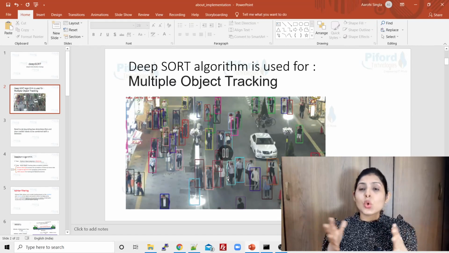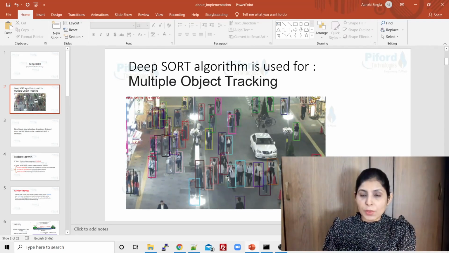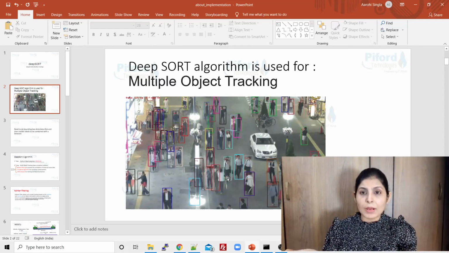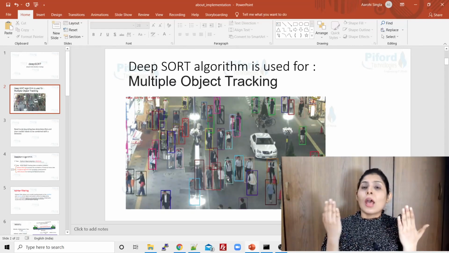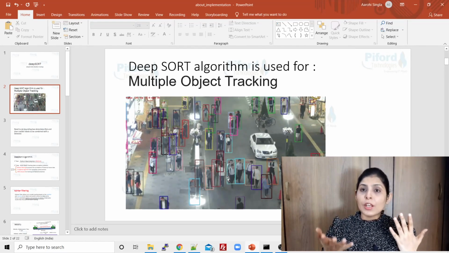When persons are close to each other, it may happen that IDs get switched between those two persons, or multiple persons' IDs may get switched, and let's suppose an occlusion problem is also there. So